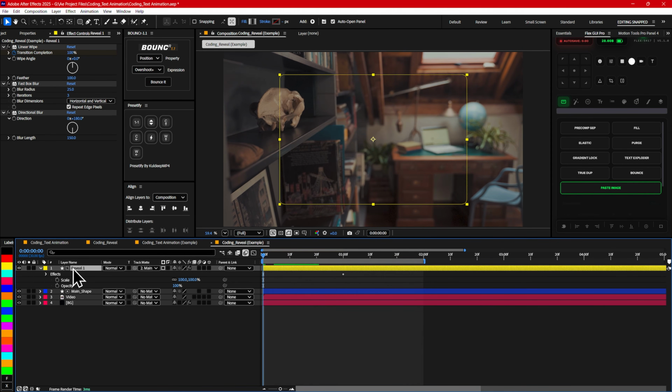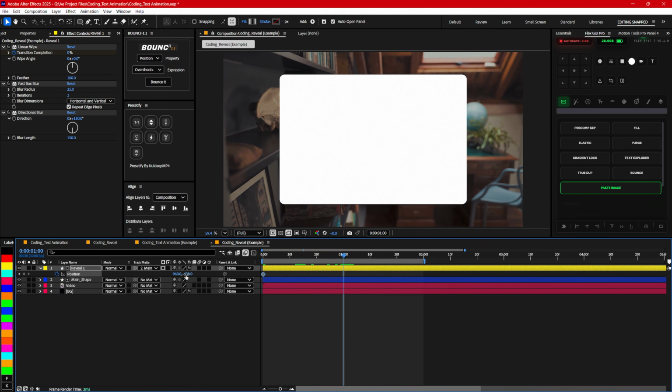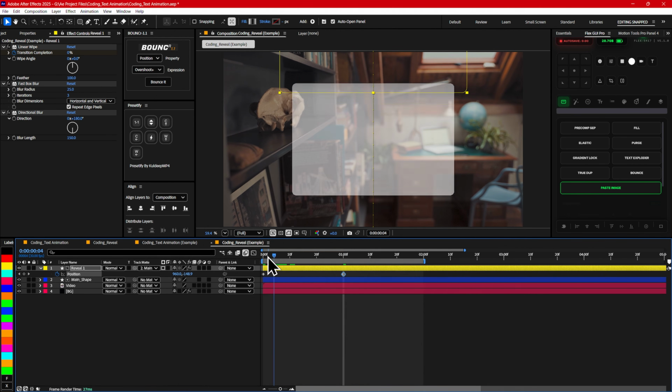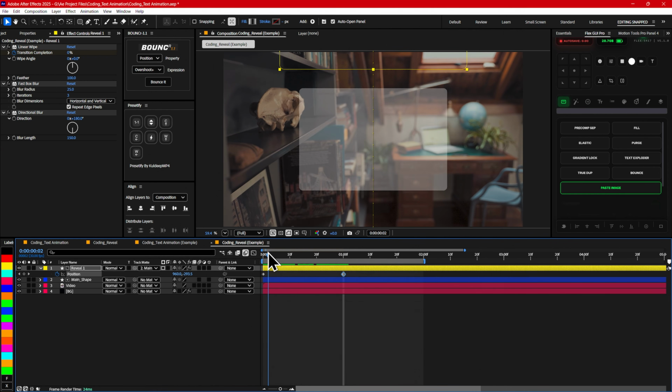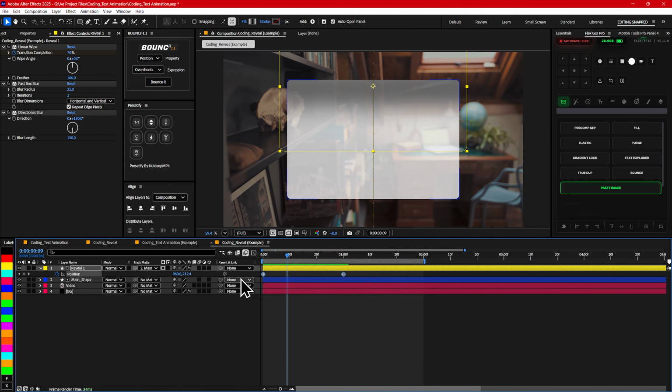Now let's give it a position animation. So select your layer, hit P to open the position property, make a keyframe on position and just drag the vertical position out of the composition. Move to 1 second forward and just drag the vertical position down out of the composition, something like this. So it will cross over our main shape layer, something like this. Just select your keyframes, apply easy ease, yeah, and you will get that effect,